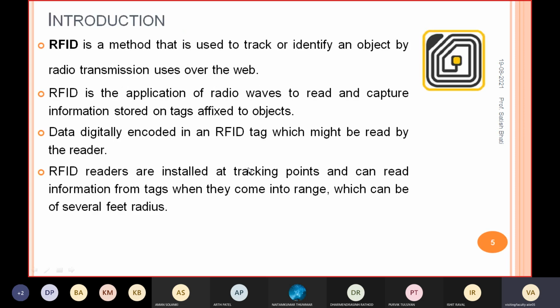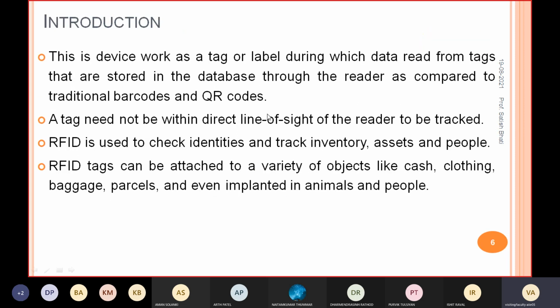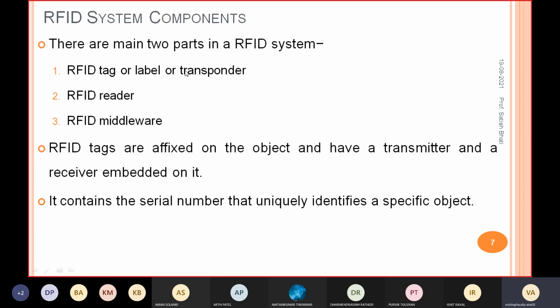In RFID, the main part of the system is the RFID tag, which is also known as a label or transponder, then the RFID reader.